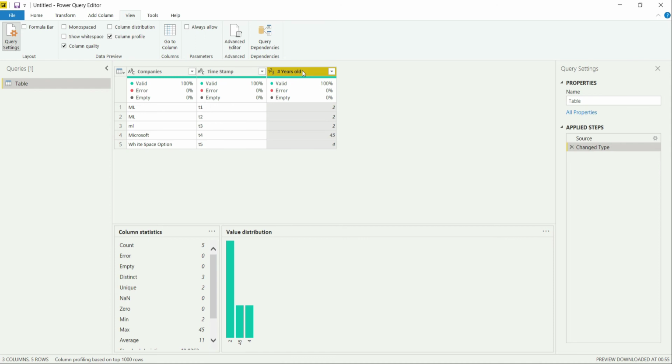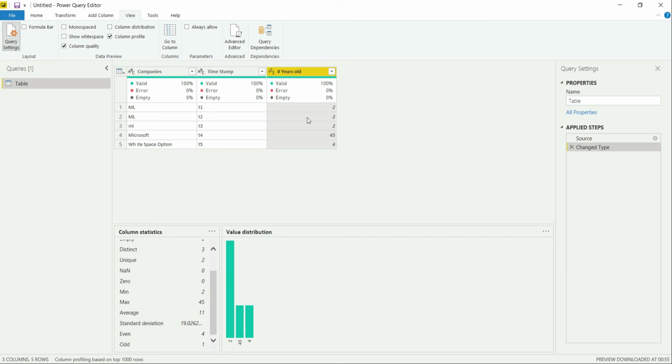Now coming to the number type column. Here, the graphical representation also changes. Instead of the long horizontal graph, it is giving me a vertical graph, but still the data is the same, that is percentage over here. The difference is that we got some new values. Instead of empty, it is giving me NaN, and there is a new column which is counting how many zeros are there in this numerical column. And min and max values.